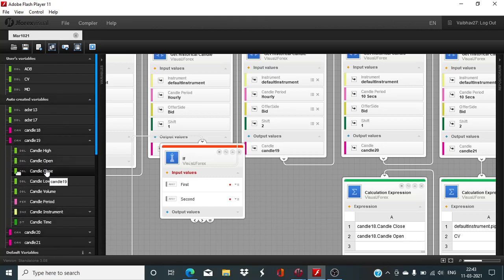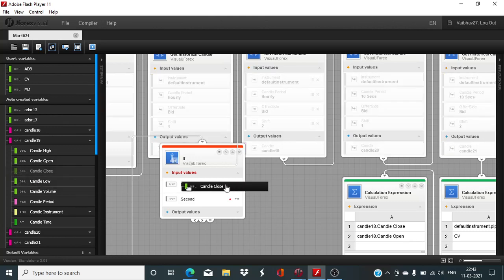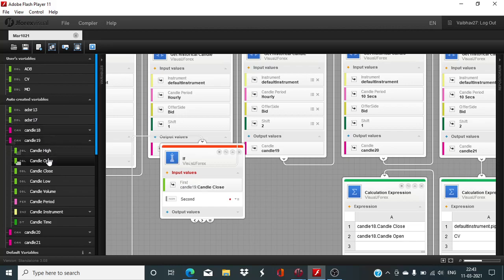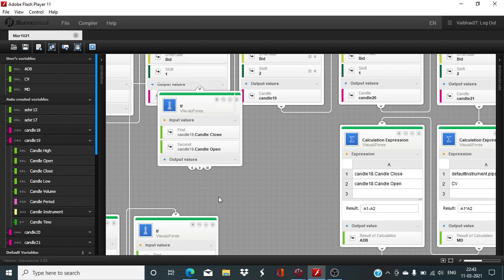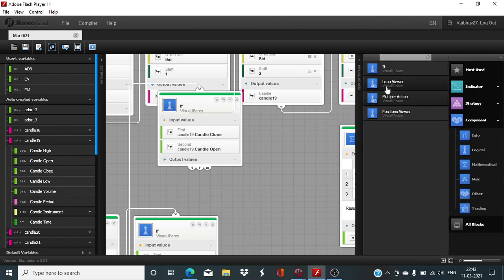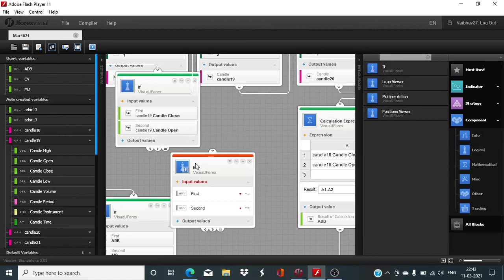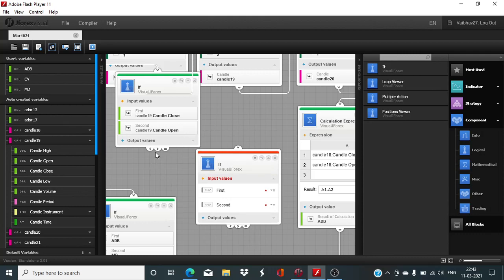Its closing value to be below its opening value. So candle 19 candle close is lower, first input less than second input,